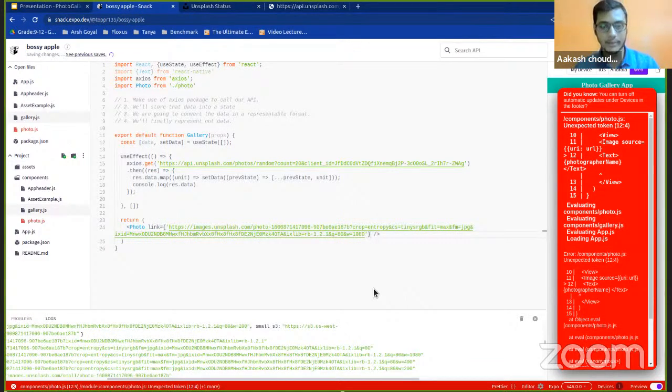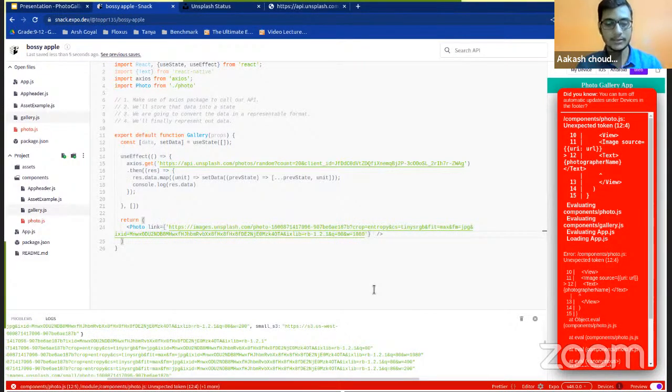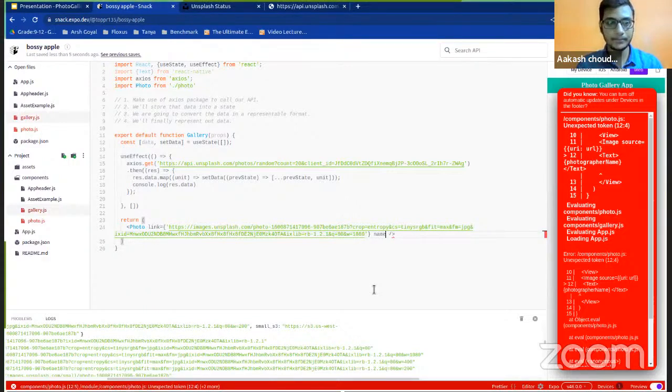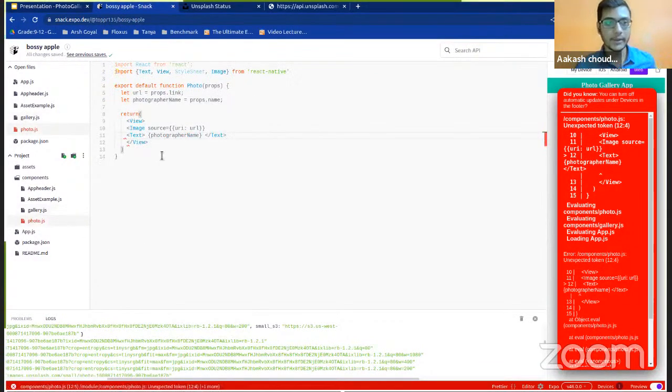Okay, and the next thing I'm going to pass is name. I'll just pass a simple, hard-coded name. Let's say John Doe. Okay, so this should work fine. What we did is, let's call it, and